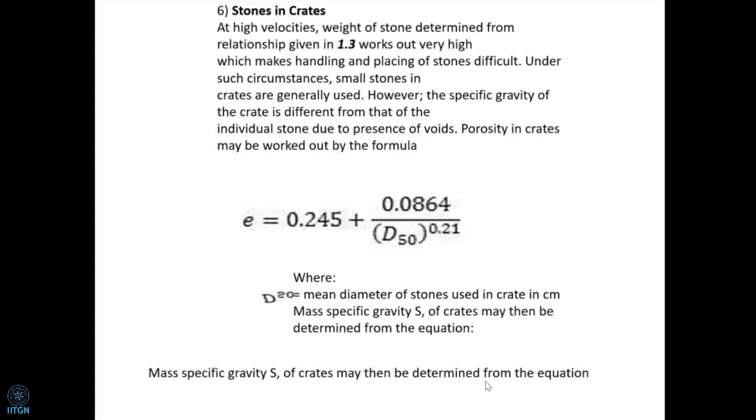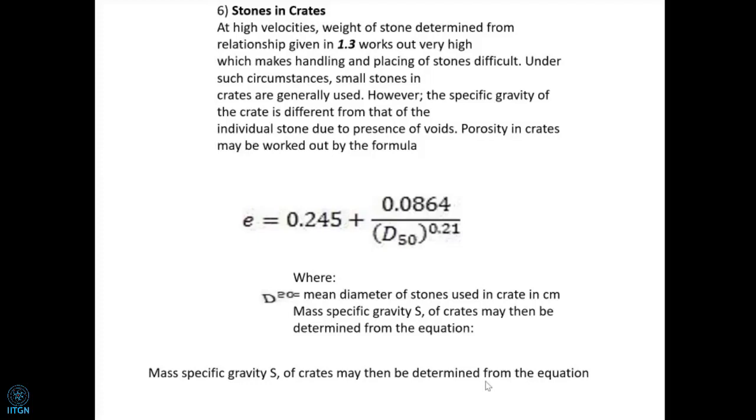Then, this is all dry stone pitching. So far we are talking about W, horizontal, then in the slope, and then thickness. But in practical cases where the velocity is very high, we cannot use a conventional stone because it would be very big and very large. So we have to make it up with smaller stone in a sausage, in a gabion box. So when you use the smaller stones in a gabion box, what will happen?